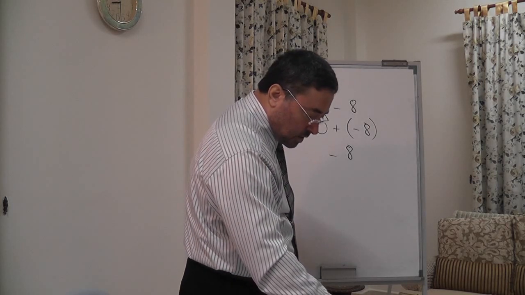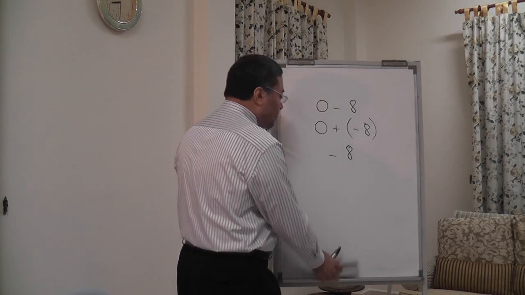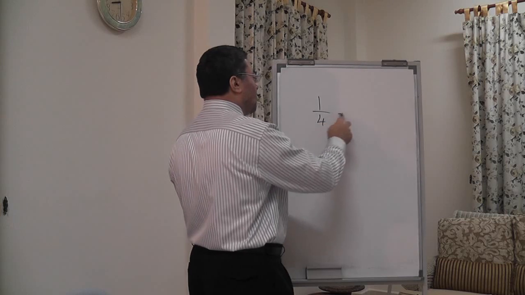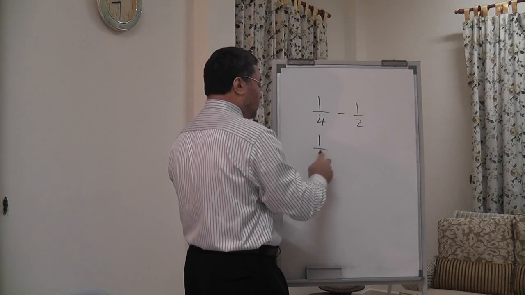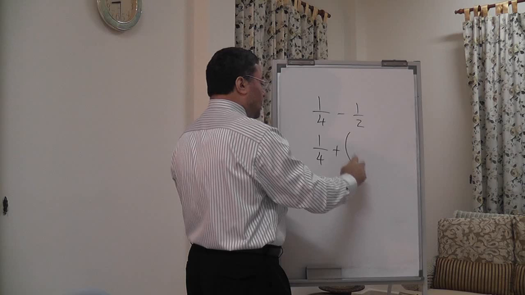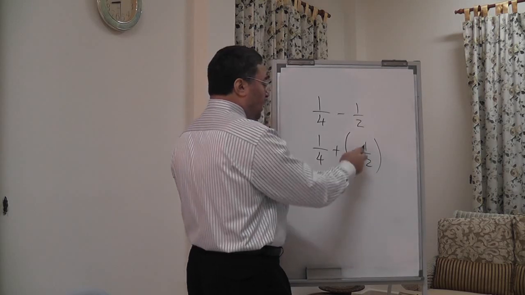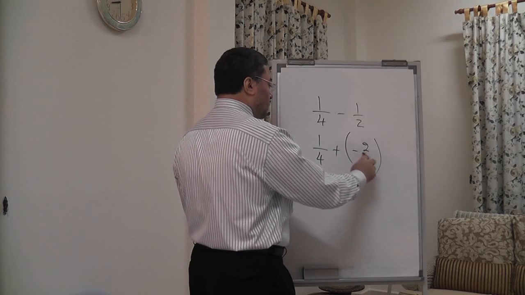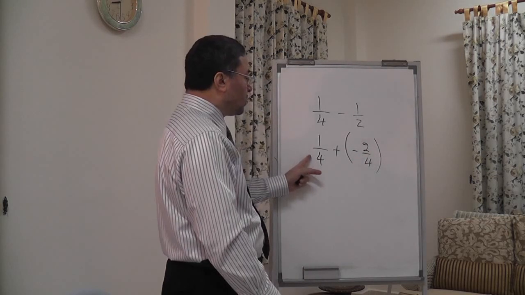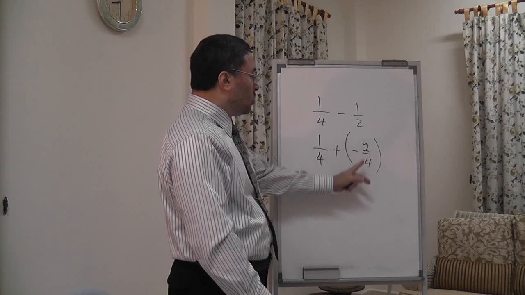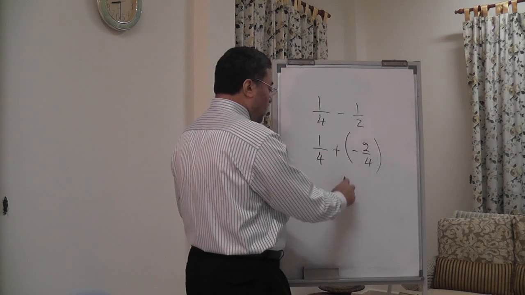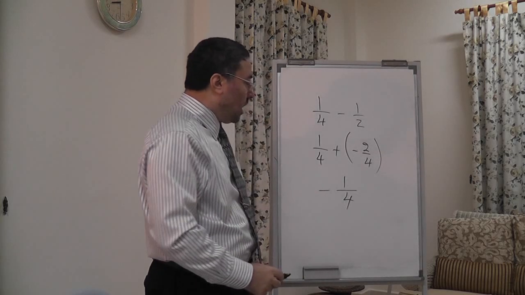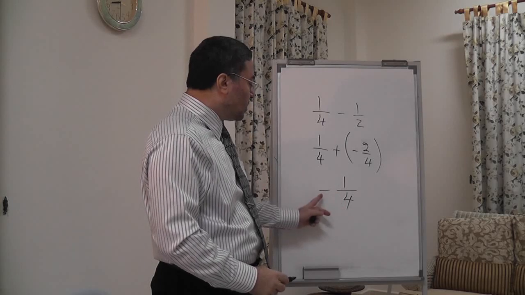Number 38, 1/4 minus half. We change this to a plus sign, minus half. This minus half can be changed to 2/4. So I have 1/4 added to a negative 2/4, I get the difference, and that's 1/4, and this is the larger number, and I put the sign of the larger number next to the fraction, so the answer is